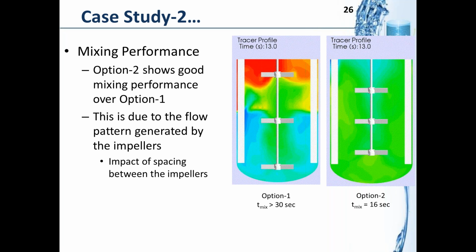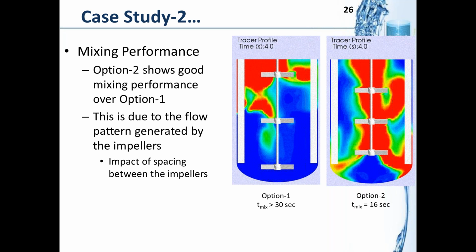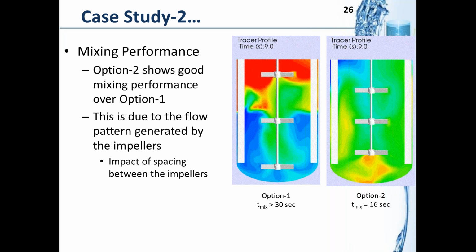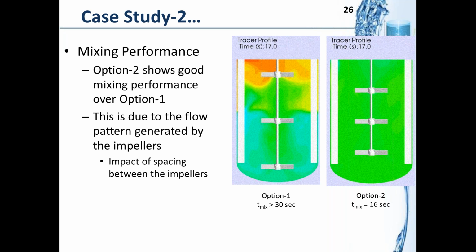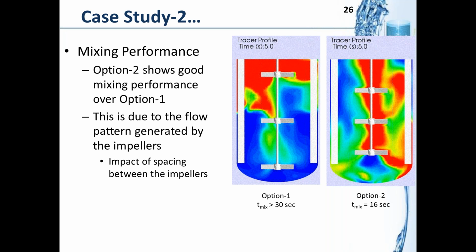So here what we can see is that in some systems correlations can give us good results, and then we can rely on correlations. However, in some systems we need to look beyond correlations, perform in-depth numerical models, CFD models, and get in-depth analysis. And as Mixit is fully automated, it can help you do these analyses very quickly.